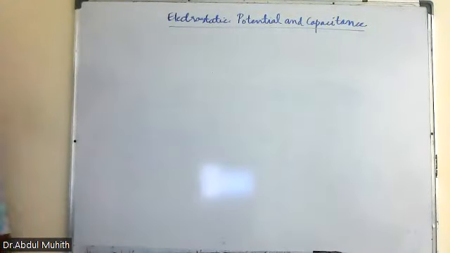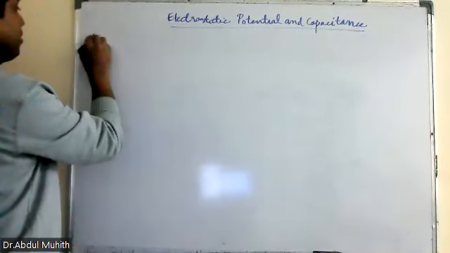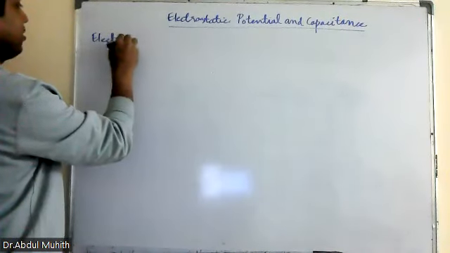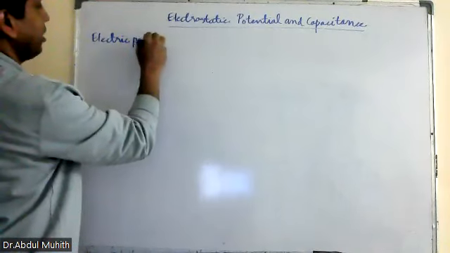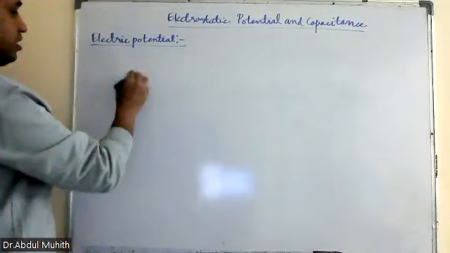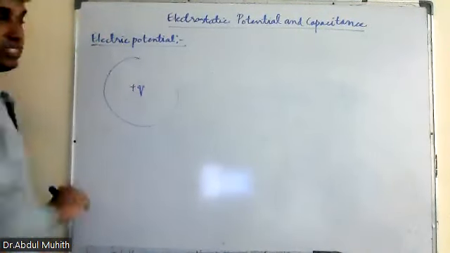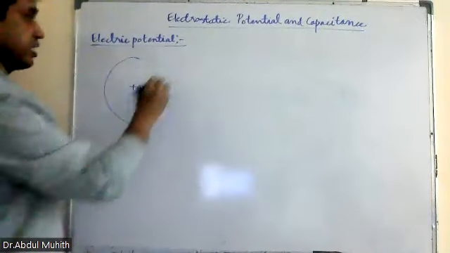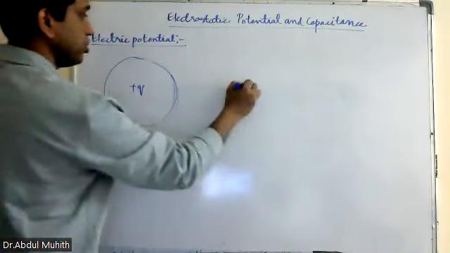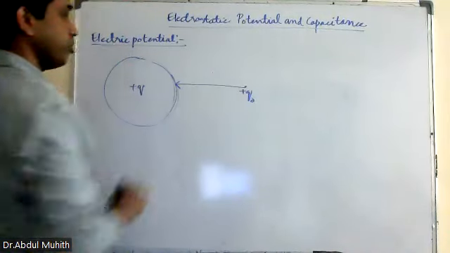Electrostatic potential and capacitance. So we'll start with electric potential, then potential difference. Electric potential. Listen. Electric potential means what? Suppose there is a charge Q whose influence is up to a certain extent. Okay, this is the influence. Now what we are doing is we are bringing a unit positive charge from infinity to a point under the